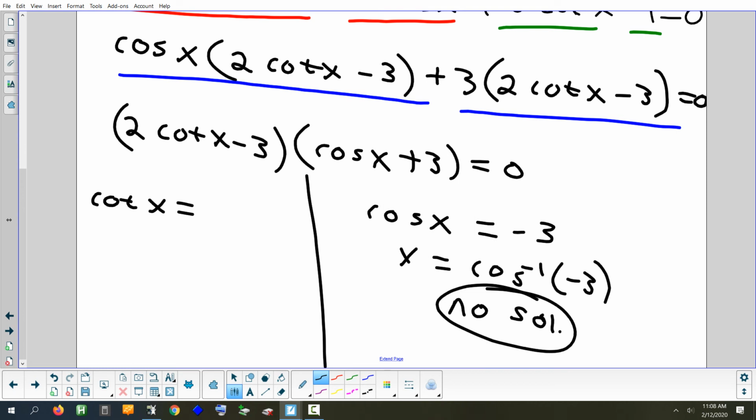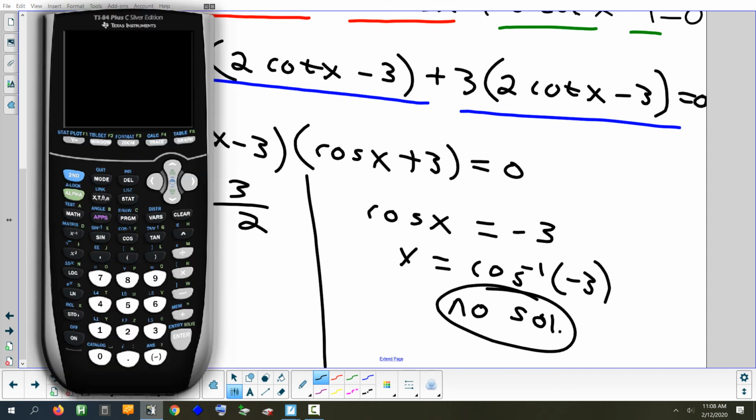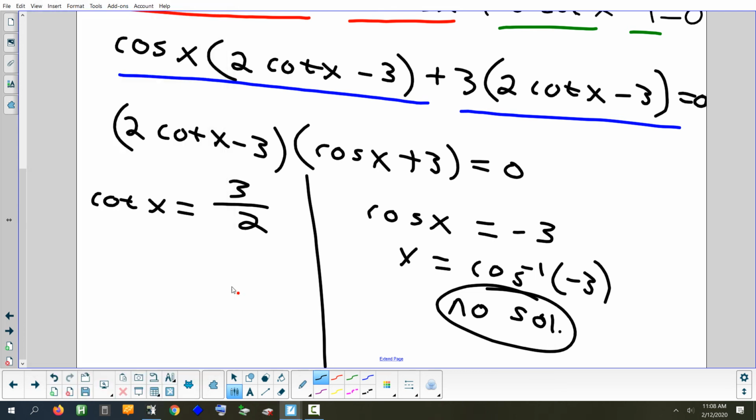What would cotangent x equal? Plus 3 divided by 2. Now, if you had a button for it, what would you want to do on both sides? If you had a button for inverse cotangent, that's what you would want to do. There's no button for that. The only inverse you can do is inverse sine, inverse cosine, and inverse tangent. So